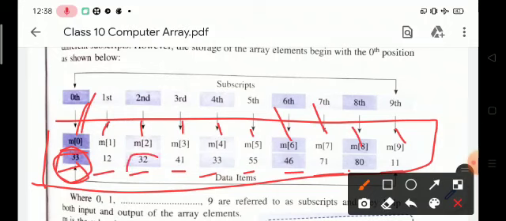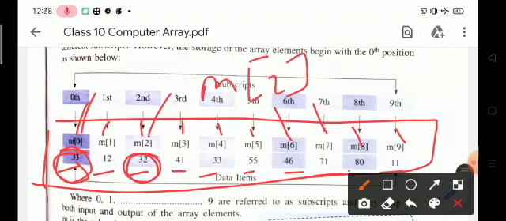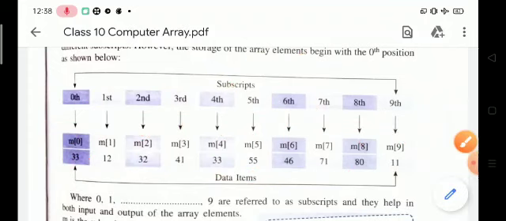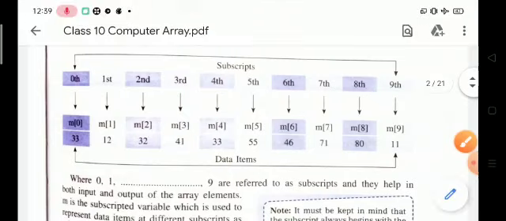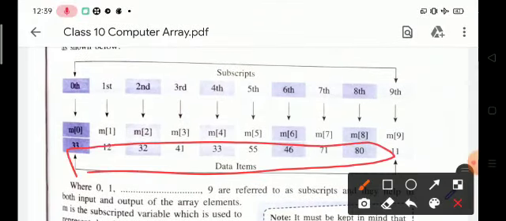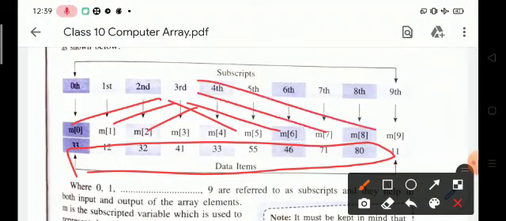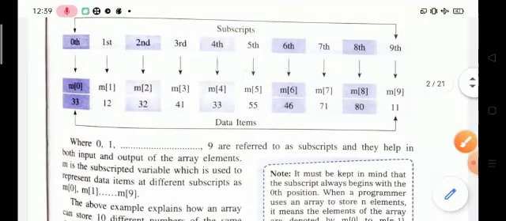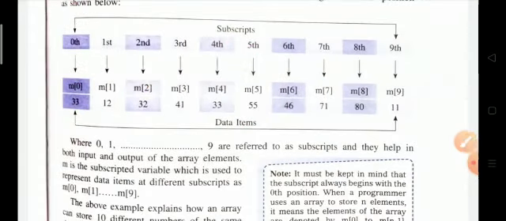We can say that the index value of 12 means this element is M2. So here 33, 12, 41, 33, 45, 46, 71, these are the elements, and these are the index values of the given elements. So I hope you understand what is the use of subscript.